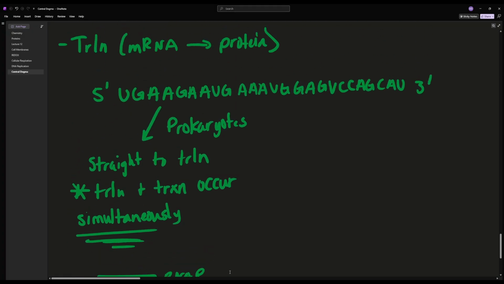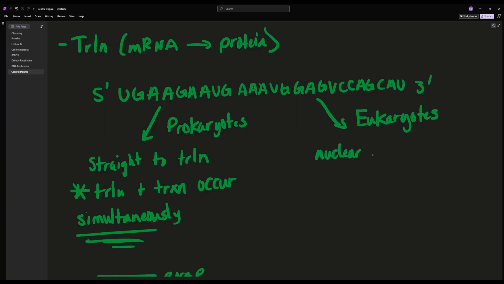All right, in eukaryotes, we get time. The reason we get time is because of the nucleus. So, just like in prokaryotes, translation is going to occur in the cytoplasm. However, transcription is going to occur in the nucleus. So the nuclear envelope, aka the nuclear membrane,